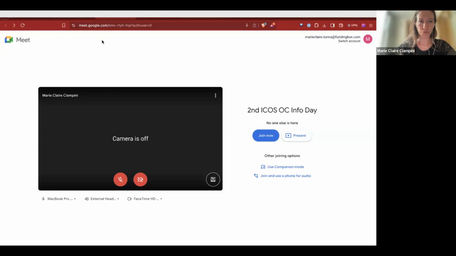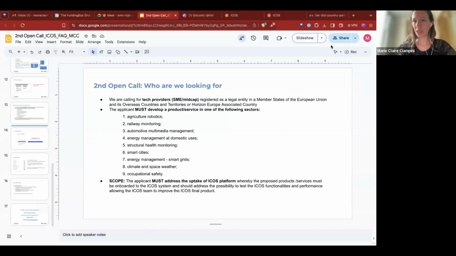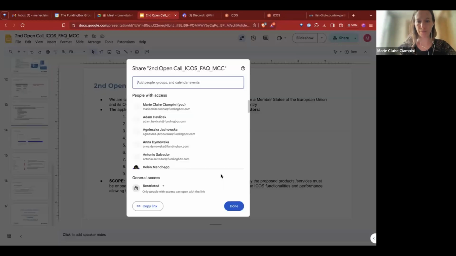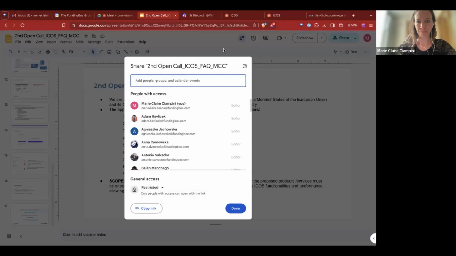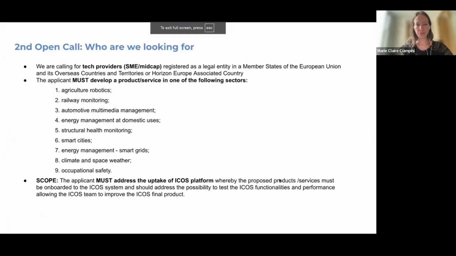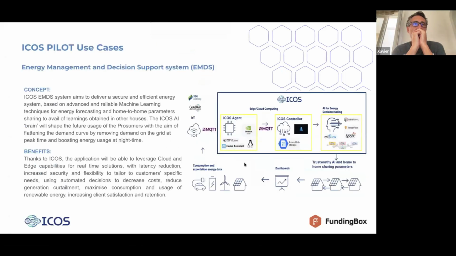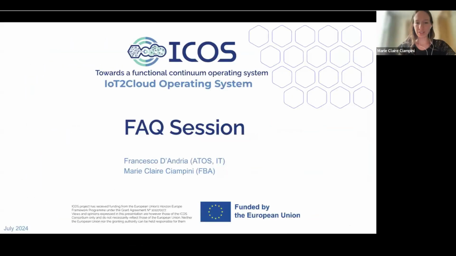Let's see, I just have to move the panel. Here we are. Okay, can you see my screen? Yes. Perfect. Just get to the beginning. Okay, so